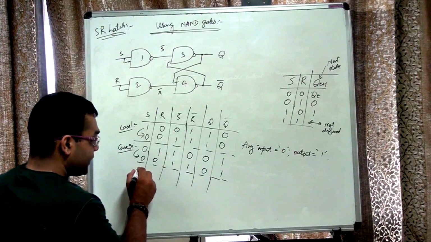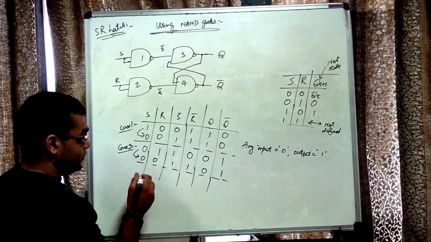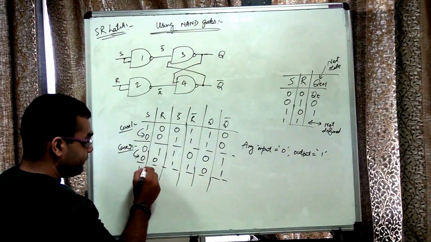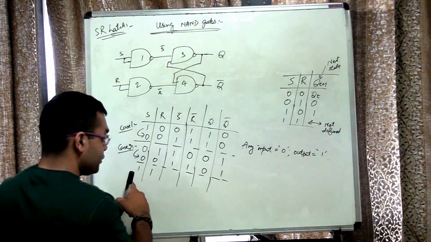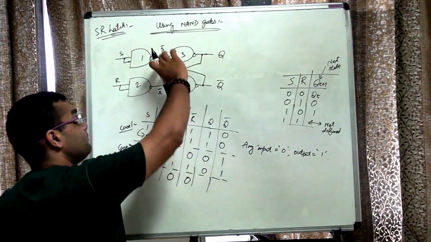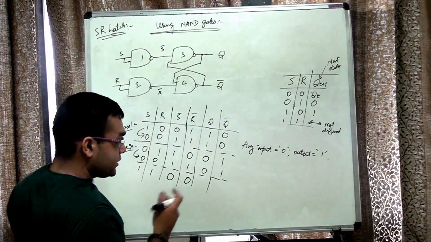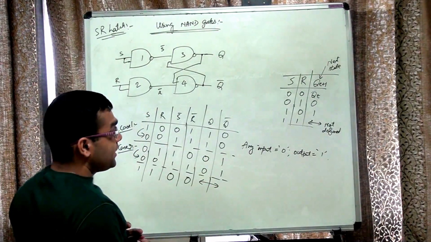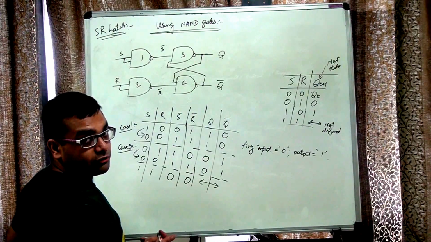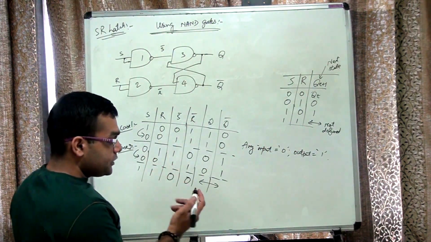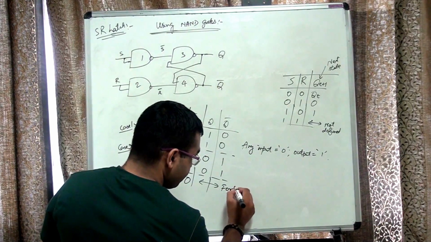Now what happens if I have both of them simultaneously as 1 1? No, sorry, I will take them as 1 1 as in the previous case. So 1 and 1, both of them will simultaneously try to be 0 0. Now if the input of the NAND gate is 0, output has to be 1, so both of them will simultaneously try to be 1. This is not allowed because Q bar has to be not of Q, or the complement of Q. This is the rule of this circuit. Alright, so this is again called the forbidden state.